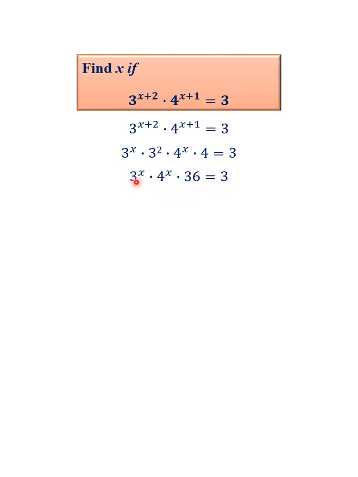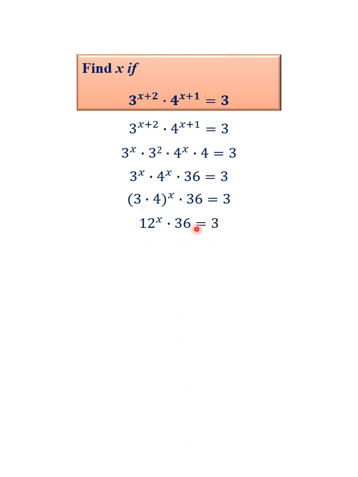When you have numbers multiplying each other where the powers are the same but the bases are different, you can take the product of the bases and raise it to the same power. It means this power of x distributes across 3 and 4. That means 3 is raised to the power of x and 4 is also raised to the power of x. That is what this statement means. So you multiply the bases and raise them to the same power, the common power. Times 36 equals 3. Of course, 3 times 4 is 12, so we have 12 to the power of x